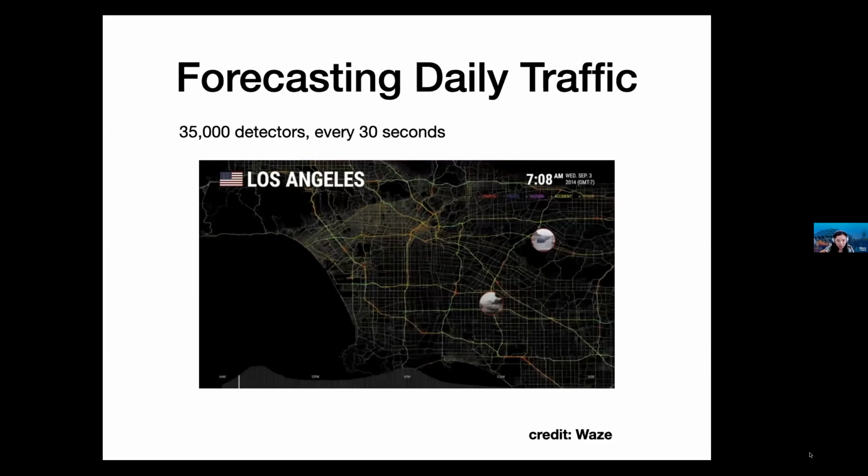A second example is transportation. So I spent a lot of time in Southern California, where Los Angeles is perhaps well known for its traffic jams. So in transportation, traditional methods also rely on strong modeling assumptions of drivers' behavior, and oftentimes these models are quite far away from real world data.